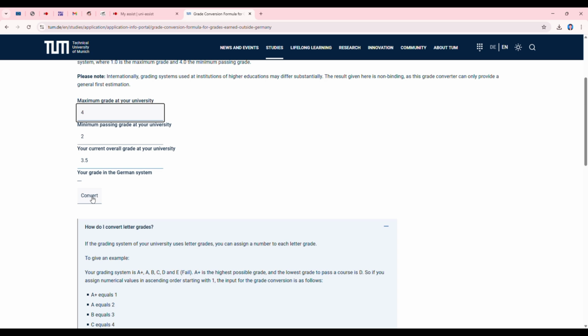So now I would like to convert it to the German VPD. When you convert this point into a German point or German CGPA, you can see that your CGPA is 1.7. This is called VPD in Germany. Okay, this is one VPD, and another VPD is